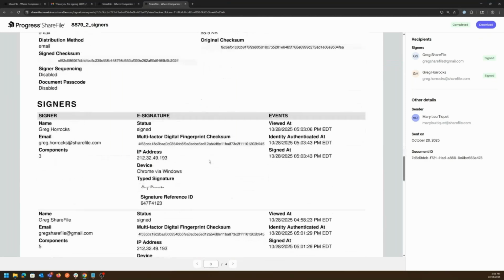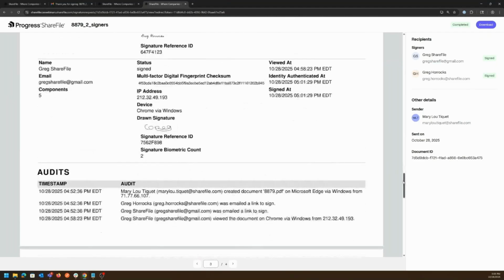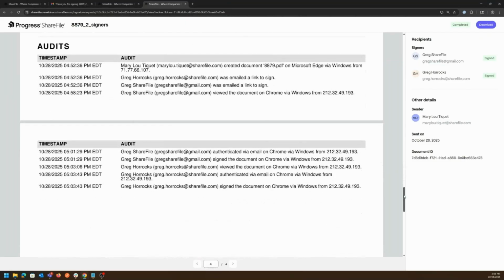Scrolling down a little bit here, this is going to give more detailed information about the actual signers and where they're signing from. This is going to give the device that they're connecting from, a preview of the signature, IP addresses, and then the timestamp of when they actually signed it. And then continuing down on the signature certificate here,